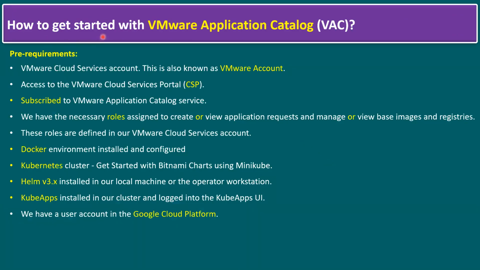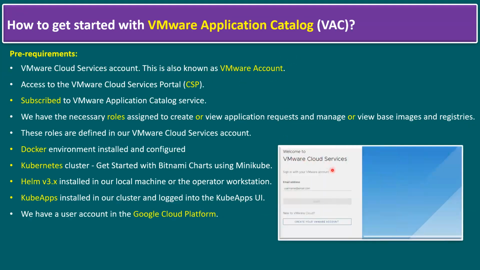So in order to get started with the VMware Application Catalog, there are a few prerequisites. The prerequisites include a VMware Cloud Services account, which is also known as a VMware account. Generally, from the VMware Cloud Services portal, we have to create an account with our official email account, and have access to the VMware Cloud Services portal, in other words CSP, and we have to subscribe to the VMware Application Catalog service,